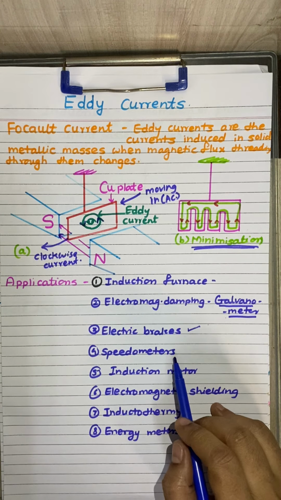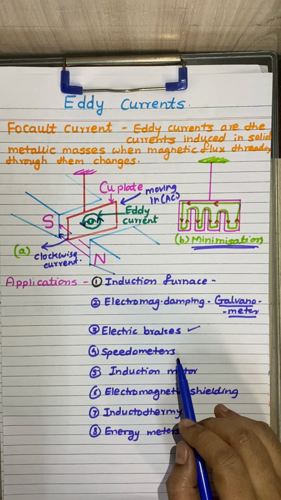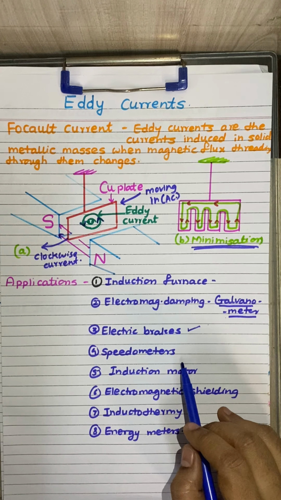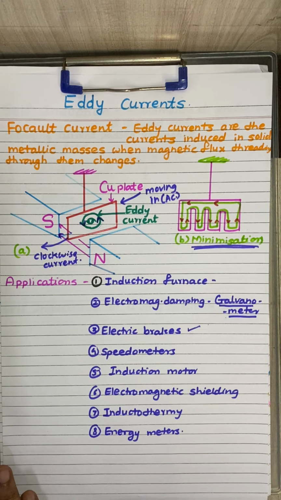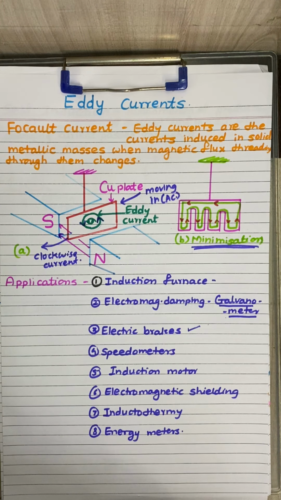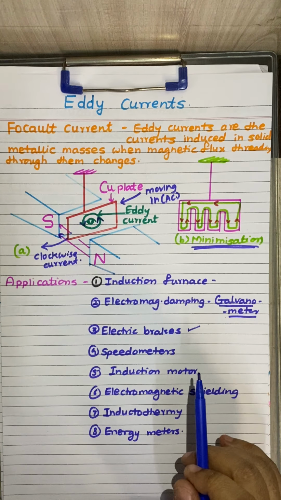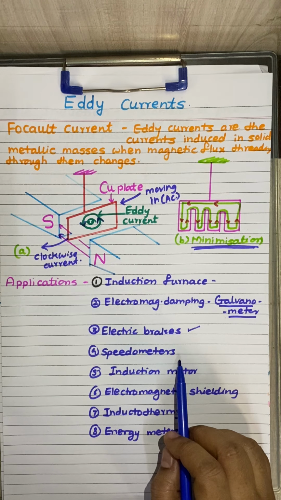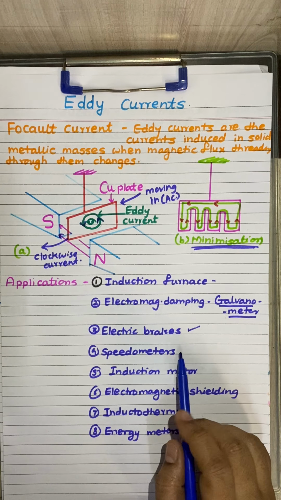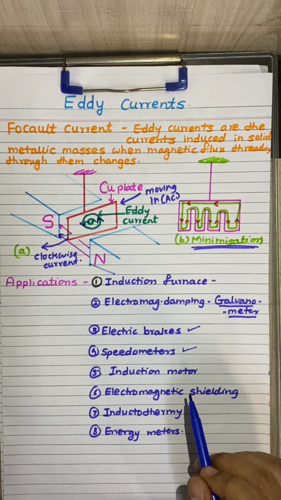The fourth application is called a speedometer. In speedometers, the magnet rotates with the speed of the vehicle. The magnet is placed inside the aluminum drum, which is carefully pivoted and held in position by a hair-like spring. Now, as that magnet rotates, eddy currents are set up in the drum, which oppose the motion of the magnet. Again, a torque is exerted on the drum in the opposite direction, which deflects the drum through an angle depending on the speed of the vehicle. So speedometers also contain the impact of eddy currents.